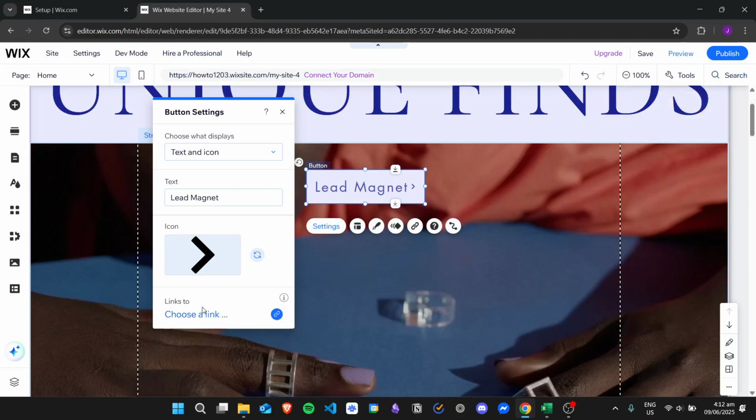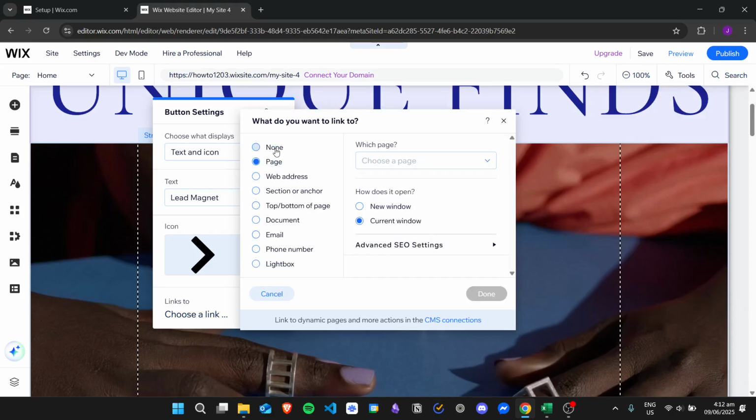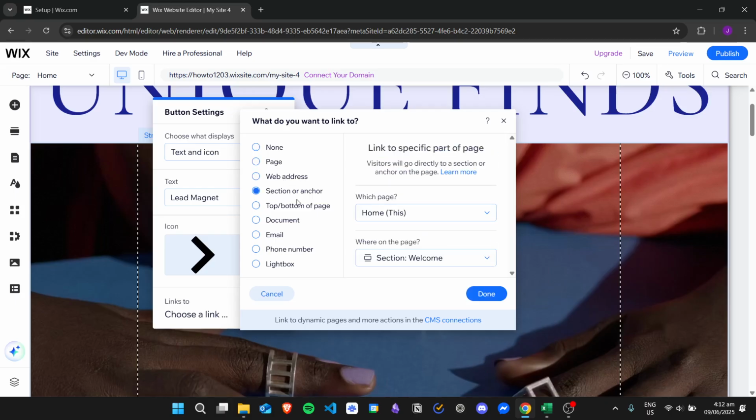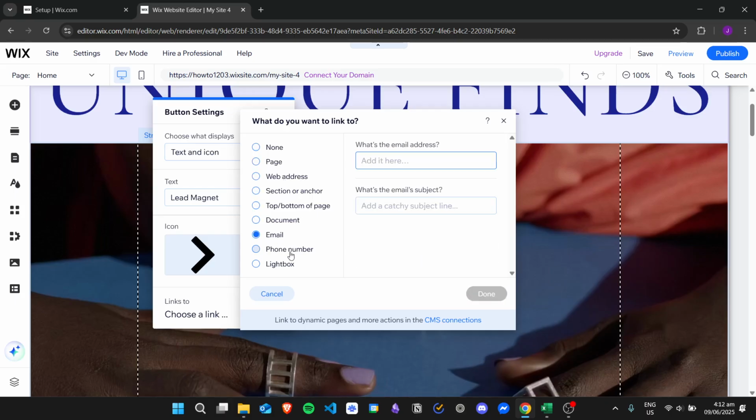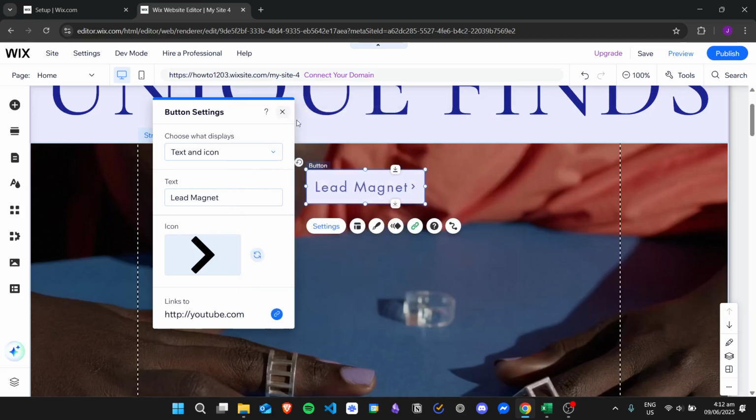And then for links, this is where we'll put our lead magnet link. Let's just click on this one. And then now we can have different options where we want our link to be redirected. For example, we want it to have a web address. You can just paste your web address right here. Like for example, I just put in youtube.com, and then once I click on done,